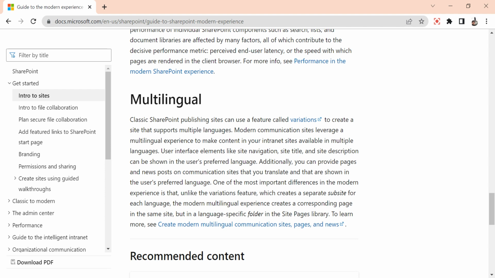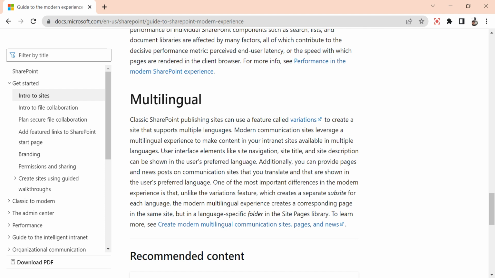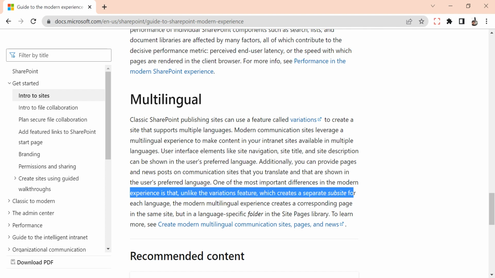Additionally, you can provide pages and news posts on communication sites that you translate and that are shown in the user's preferred language. So for the pages and news posts, you can translate them and then they will be shown in whatever language the user is using. One of the most important differences in the modern experience is that, unlike the variations feature which creates a separate subsite for each language,